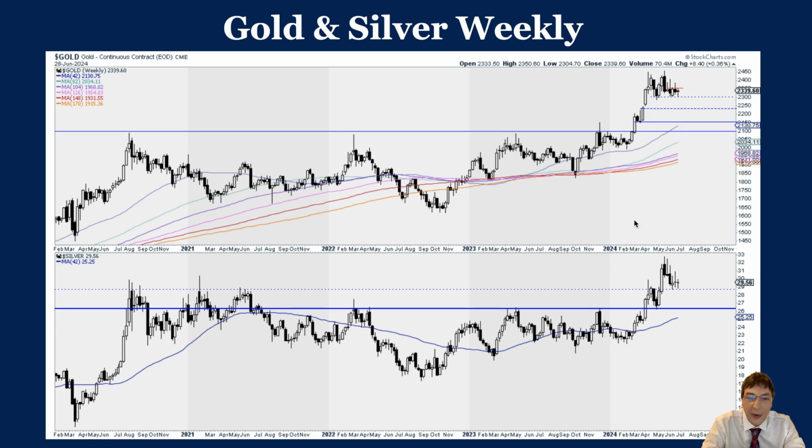I don't want to go through every period here, so I picked weekly because it's not that much different from the daily. So starting off with silver, we've had 3 bounces from 29, 3 hammers. This one is a bullish hammer. The 2 before that, not really. So for this to have a bullish outcome, we'd like to see silver start to move higher, have a good week or two. That would solidify this support here at 29.